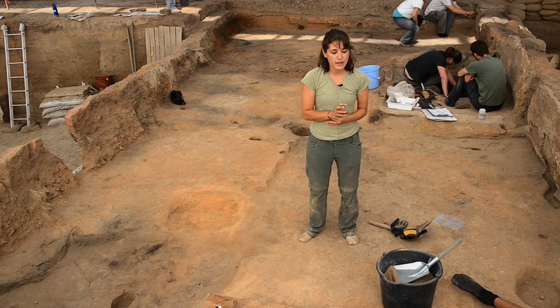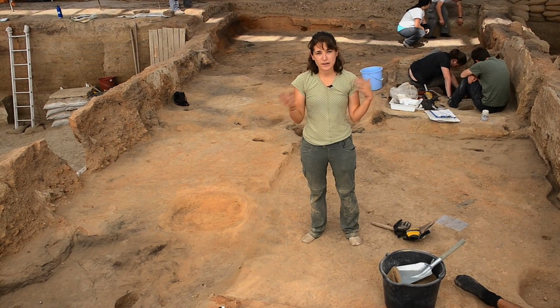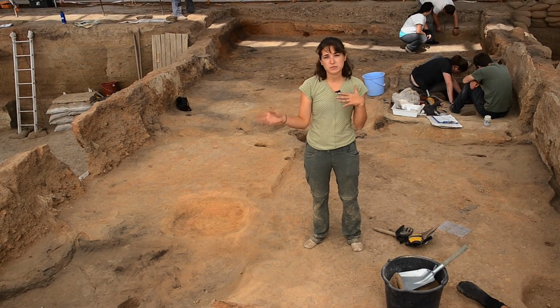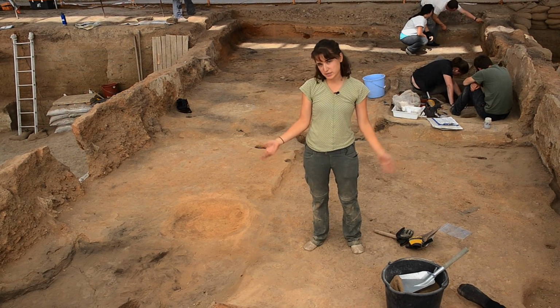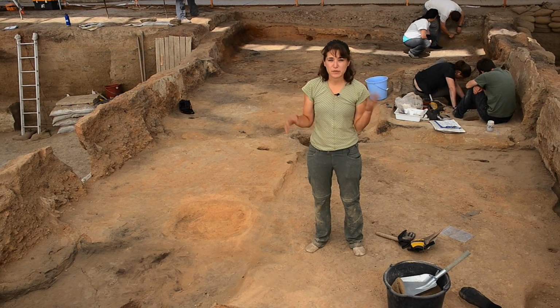From the obsidian lab, we had a mix of obsidian from different sources, Nenezida and Göllüdağ. They were characteristic of the transition between level 6 and level 7, which is what we expect to find from this building. The groundstone lab also said that we had some interesting